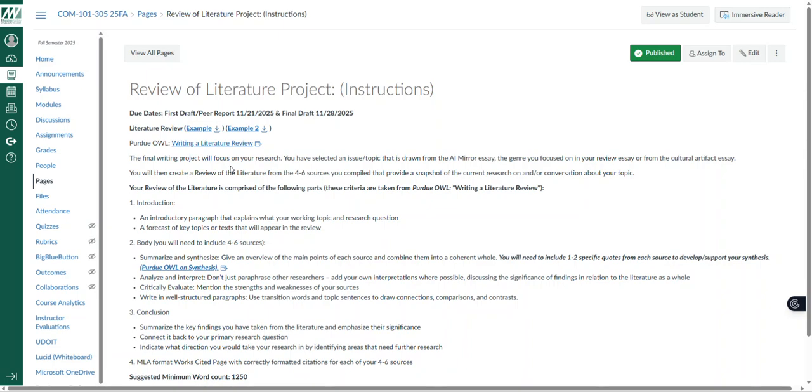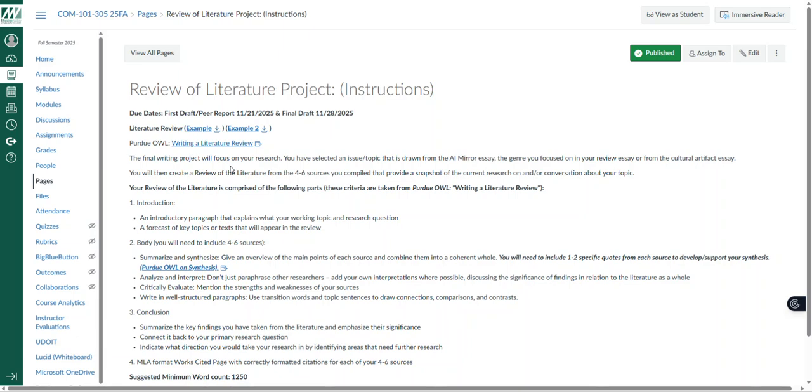The literature review is much different than the research essay. The research essay typically draws on a thesis statement, making an argument, and then the source information is used to support that thesis. Oftentimes, students grab quotes. Sometimes it's just a matter of cherry picking to use all the sources that are required, and then you use that to support, and the argument drives that particular research paper. In a lit review, it's the literature, it's the conversation around your topic. So I'm going to get to the topic real quick, and we'll talk more about the literature review as we move along.